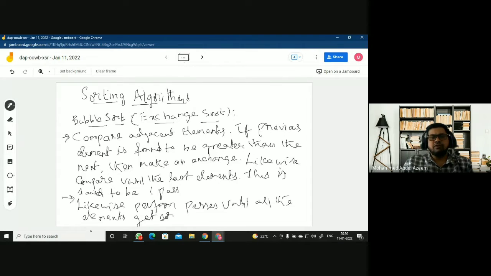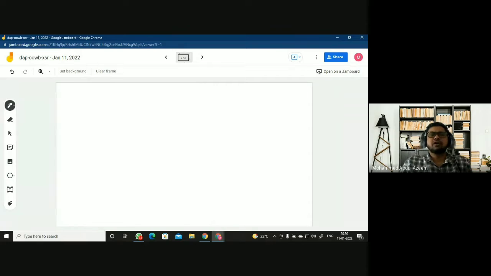This is the mechanism, right? And with this mechanism, we'll try to devise the logic out of it. Likewise, perform passes until all the elements get sorted.